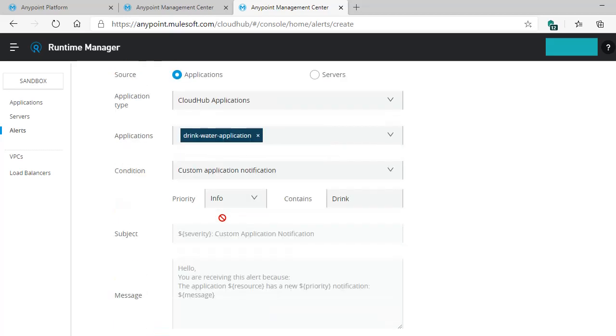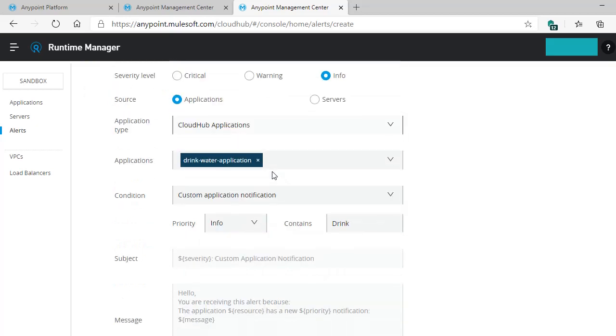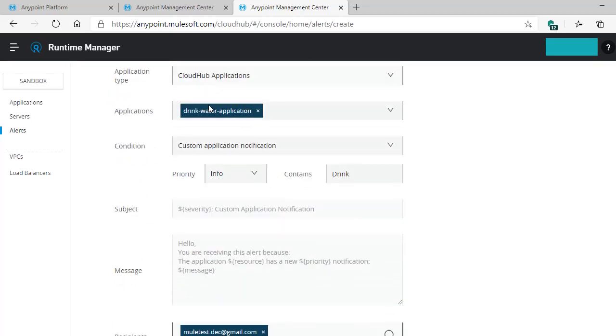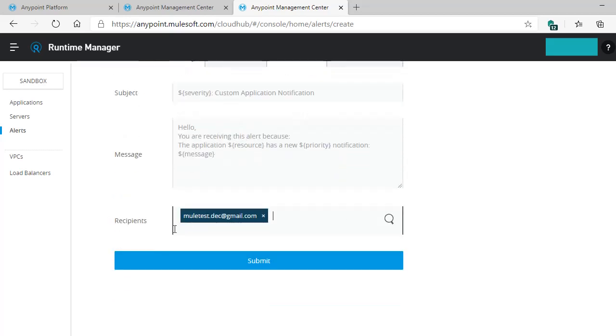So for now, just keep in mind that we are configuring the alert name, alert severity, the application type as a CloudHub application, and our application name and custom application. It will trigger whenever it finds this drink word in my payload. Okay, and I have added recipients. You can add any number of recipients here by using this search icon.